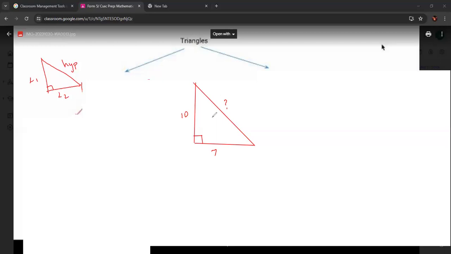Now, opposite your right angle triangle, it's always your hypotenuse. The formula for Pythagoras' theorem, you're going to see it in your formula sheet as a squared is equal to b squared plus c squared. But sometimes students mix up the a, b, c. So what I prefer to do is, instead of using that, I use hypotenuse squared